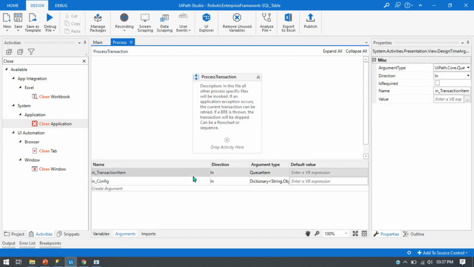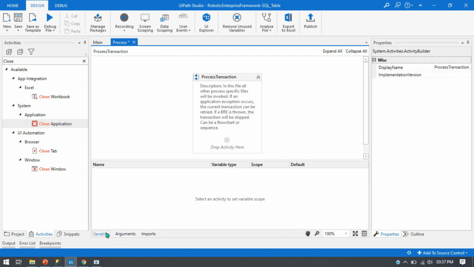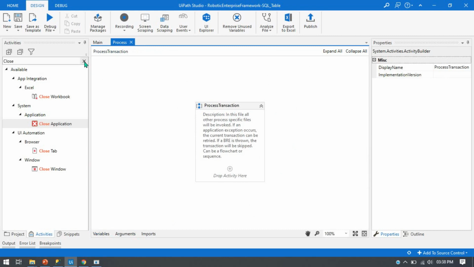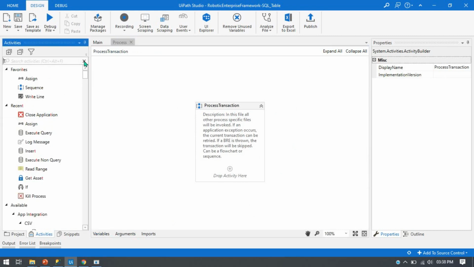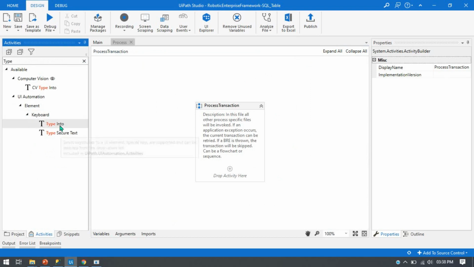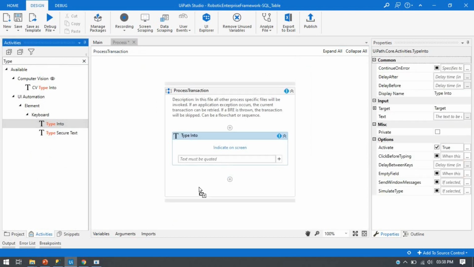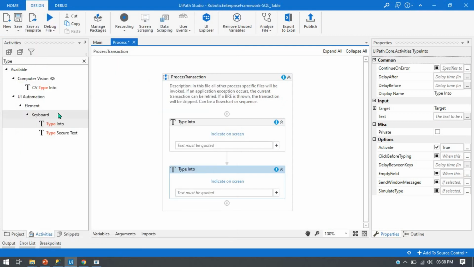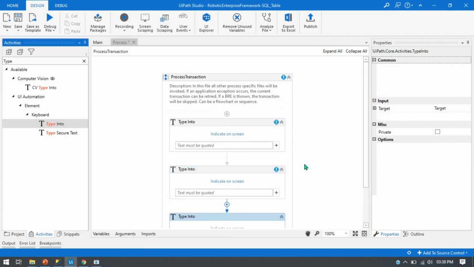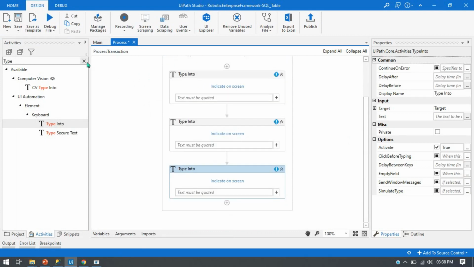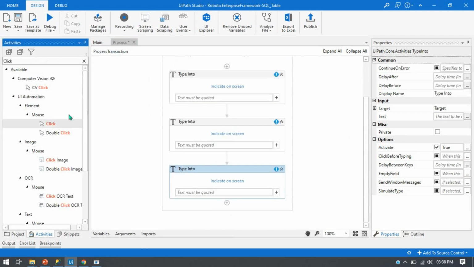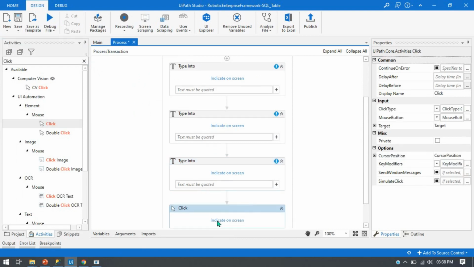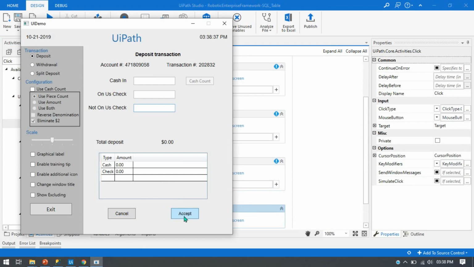So this queue items is not required, remove this, and from the variables we don't have anything currently now. And first we will take a type into activity. So this will be for the cash in, because we have three records, cash in, on US check, not on US check, and third is for not on US check, and fourth we are going to take a click to accept the, click on this accept. Okay,